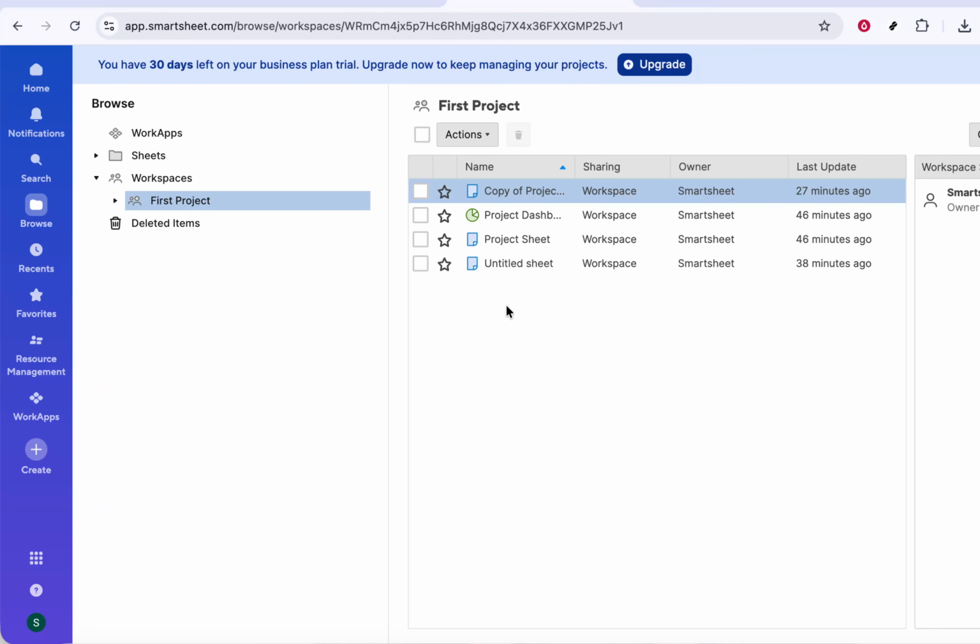First, open Smartsheet and look over to the left-hand side of the screen. There you'll see the main navigation. Click on the Create button on the left. This is where you start anything new in Smartsheet, including sheets, reports, and in our case, dashboards where your graph